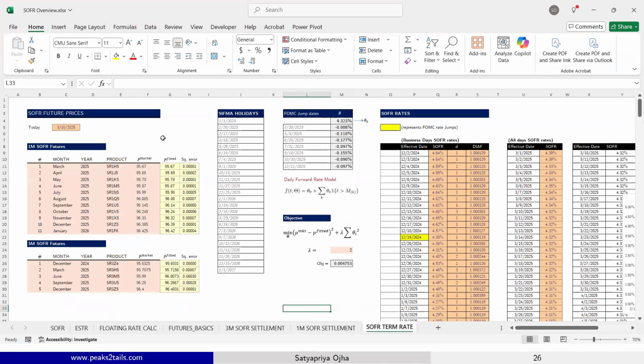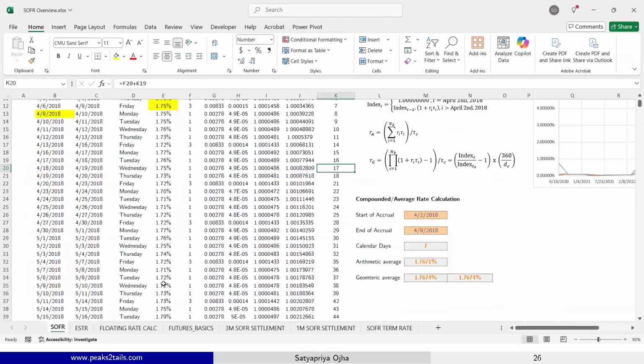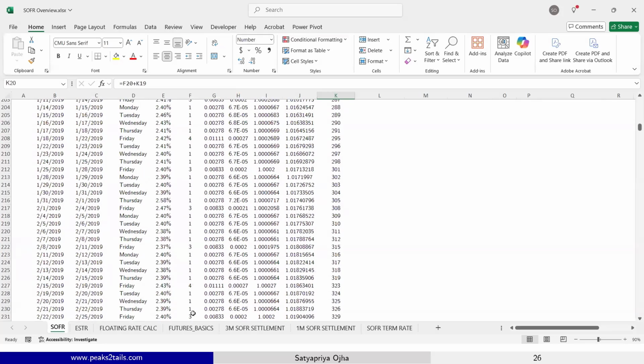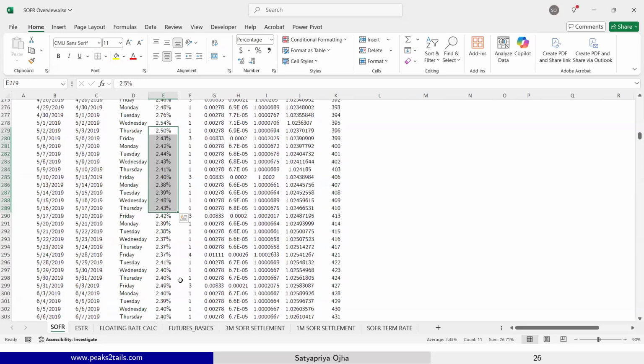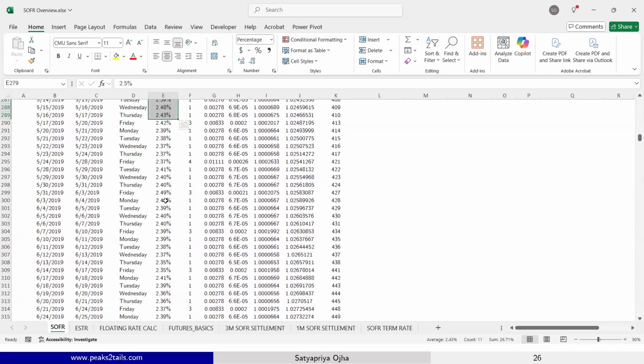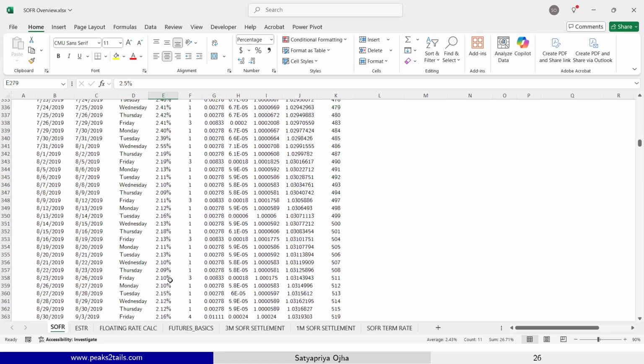Let's talk about a few ideas of how CME actually comes up with the term rate. First and foremost, understand one thing. This is very, very interesting. It's an important concept. If you look at the SOFR rates day by day, do you see much fluctuation on it? 2.46, 2.46, 2.46. It's pretty much constant, right? Not a huge fluctuation. Like you don't expect a normal distribution or anything. There's a few little variations here and there. But the key fact to note here is,